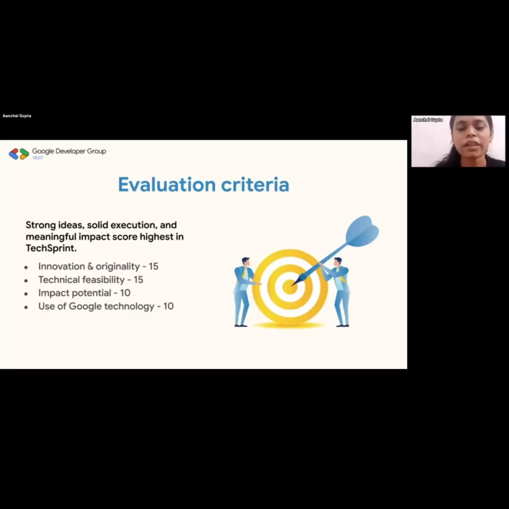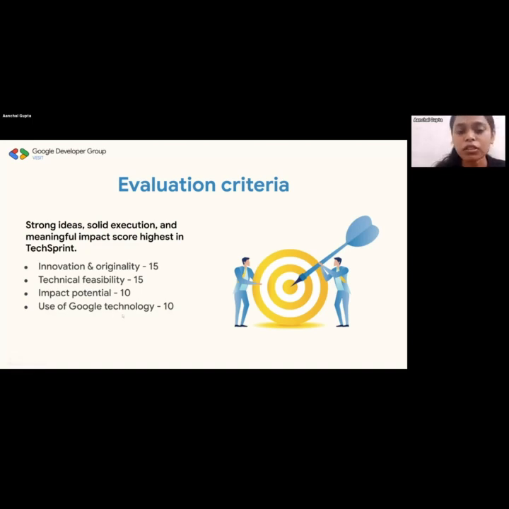Now, obviously, you don't have access to crazy GPUs and all those things, right? So, whatever technology that you have access to, is it feasible to build a solution that you want to build? Okay. Impact potential, as I said. Is it creating an impact? Does it have the potential to create an impact and solve the problem that you want to solve?